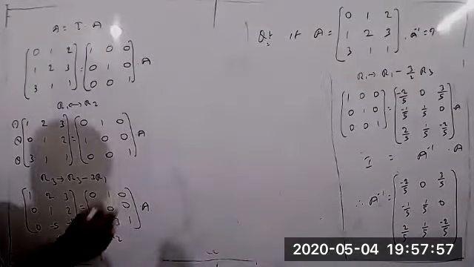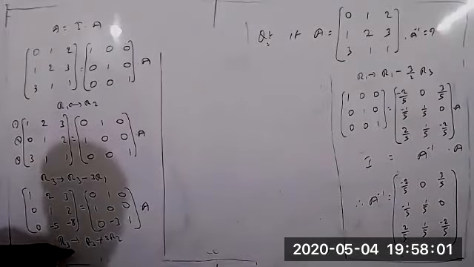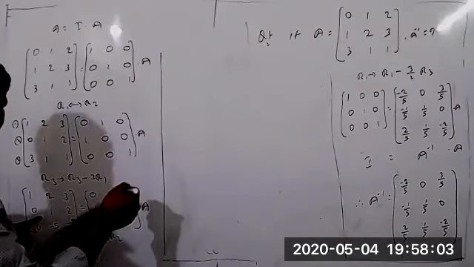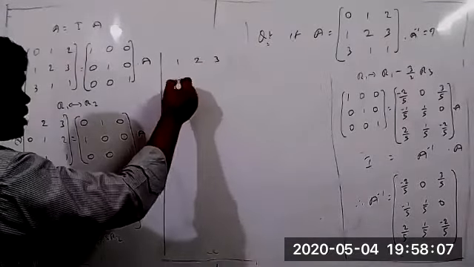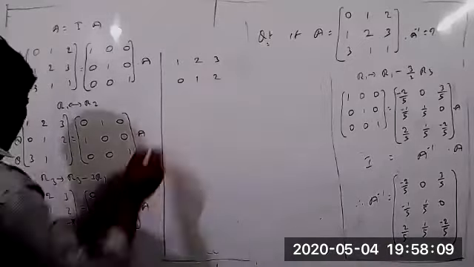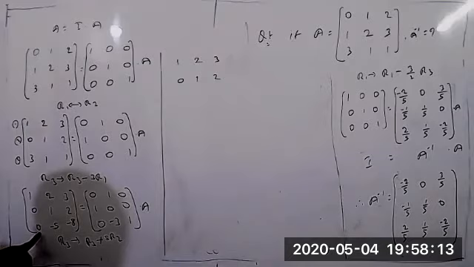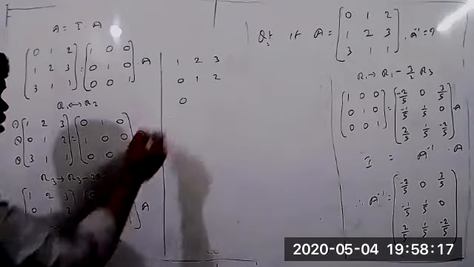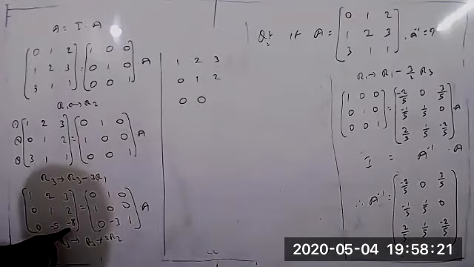Okay, the same condition you can apply now. Right now we are changing R3 only. So first and second rows are as is: 1, 2, 3, 0, 1, 2, and then here you can write 0 plus 5 into 0 equal to 0 only, and this one you can change, it becomes 0, and this also you can change now: minus 8 plus 5 into 2 equal to 10.